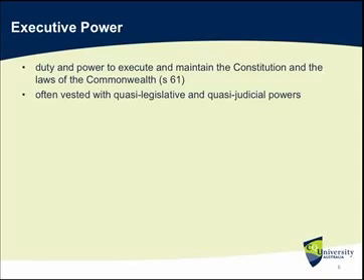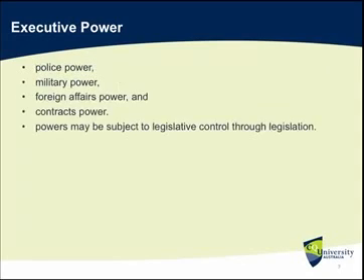So let's examine what the executive power typically consists of. The executive power, as we know, involves the police power. That provides for the peace and order of the state or the nation, or in the case of Australia, the running of the police. It ensures that laws are executed and that people can be arrested. So that's part of the executive power.